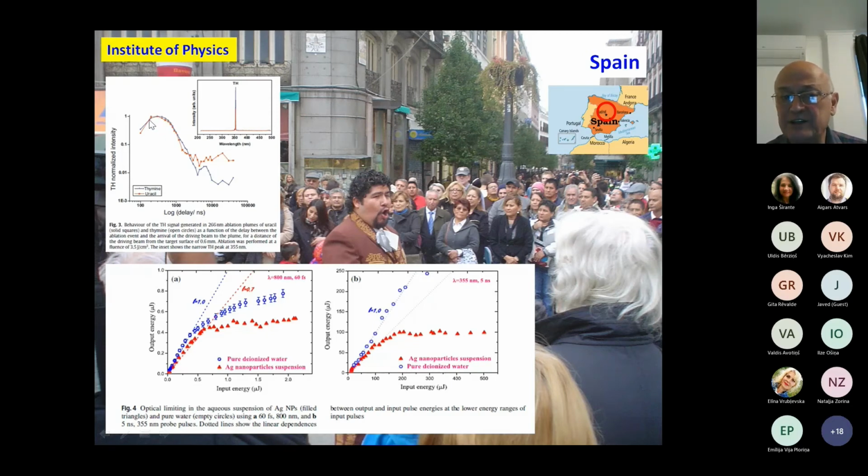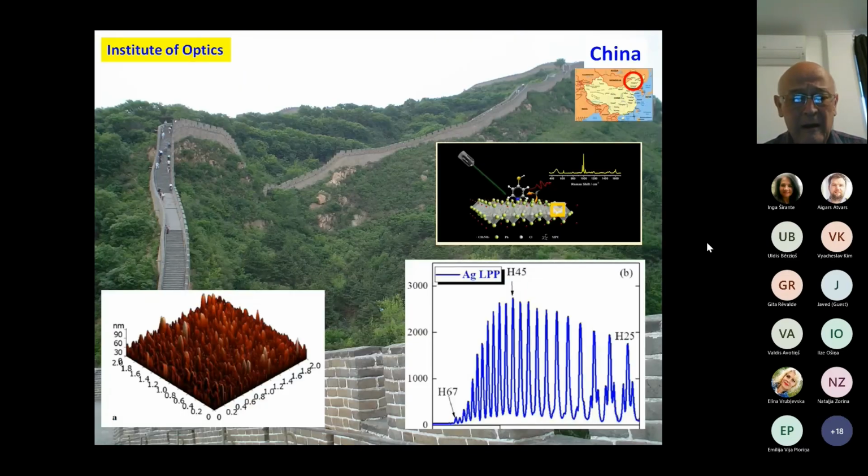We have to find conditions when the largest amount of particles comes to the optical axis of propagation of femtosecond pulses. In that case, we can observe very strong nonlinear optical effects without any appearance of plasma lines. In that case, we can also demonstrate a very good optical limiting effect, especially for some specific wavelengths and specific pulse durations. Another interesting feature is the application of nanoparticles and complex materials.